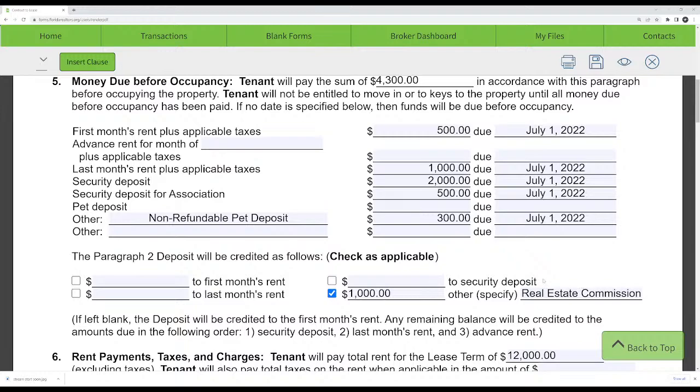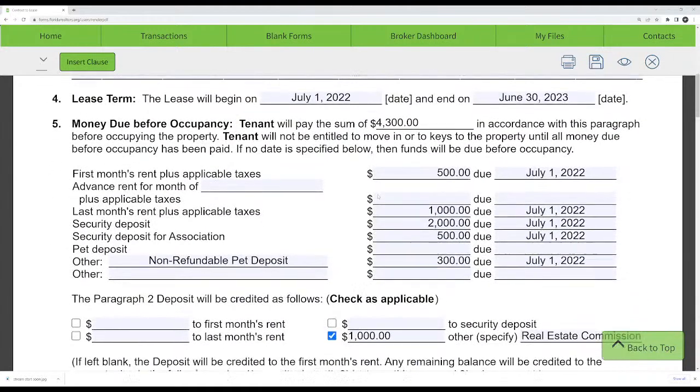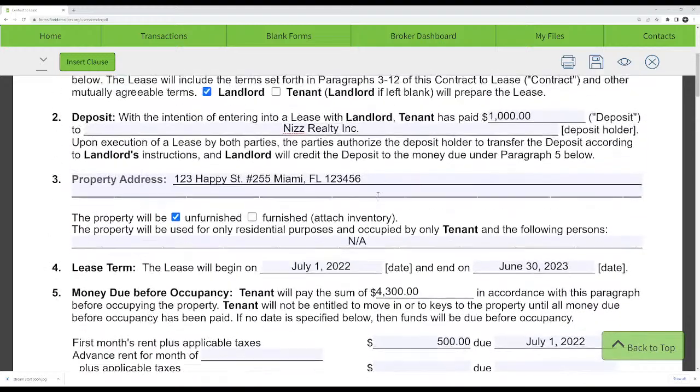So that's another easy way to put it. And then you could also have the landlord hold the deposit, or if it's going to be the commissions, you could have the brokerage hold the deposit. So you could leave it like that, or you could have an attorney hold the deposit, either or. Or you could have the landlord hold it. It doesn't really matter too much, but this is what I'd recommend that you do as far as filling out